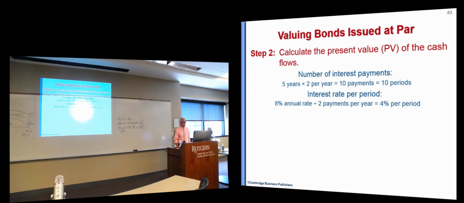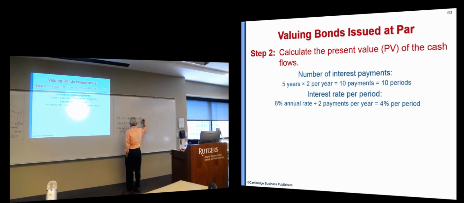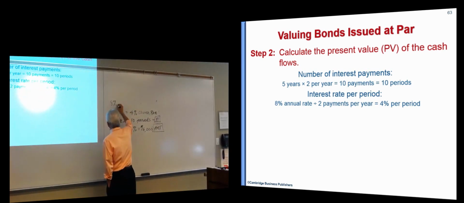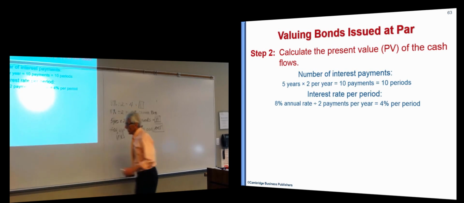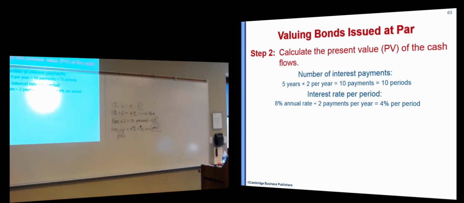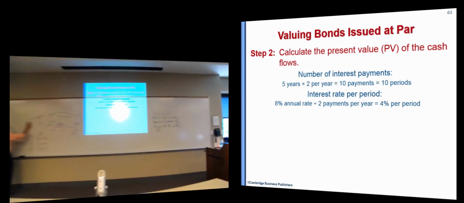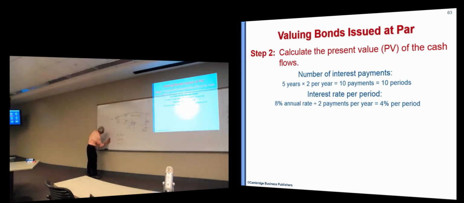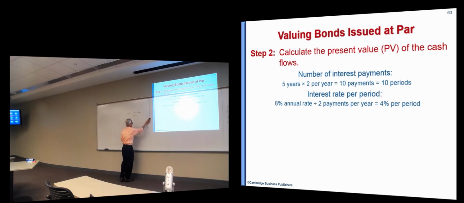If the market rate is 8%, it's the coupon rate. If the market rate is also 8, then we have enough to discount. Now, what I was trying to do on that video I posted on Blackboard, trying to show you that